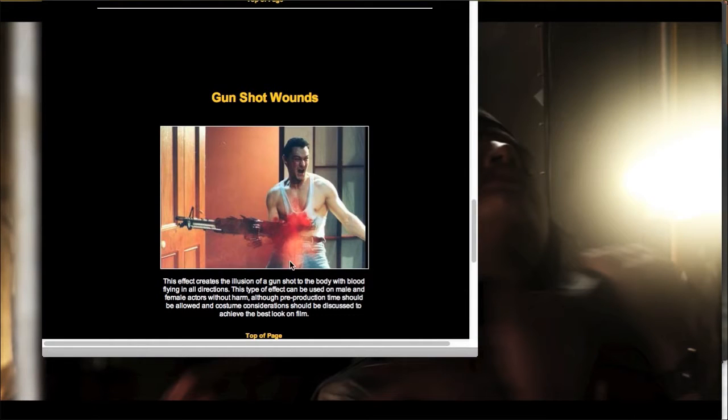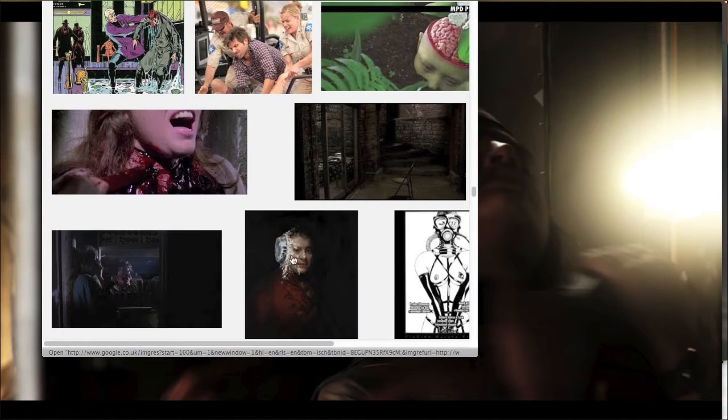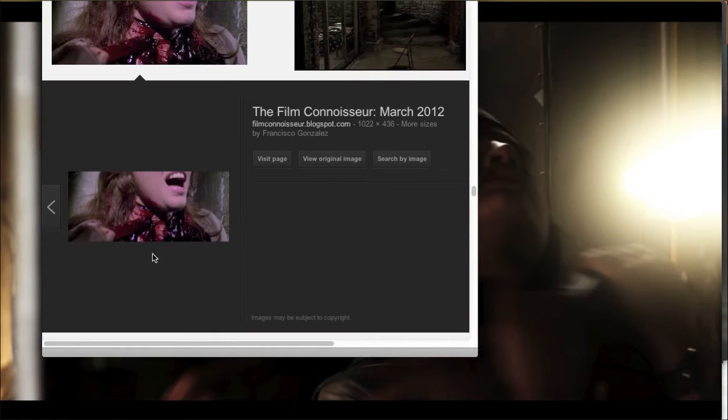Another one that I found just to emphasize the effect we're after. There's a lot of mist in this shot, which is quite good. And even looking at just generic blood gore in films and stuff. And in this case, we can see